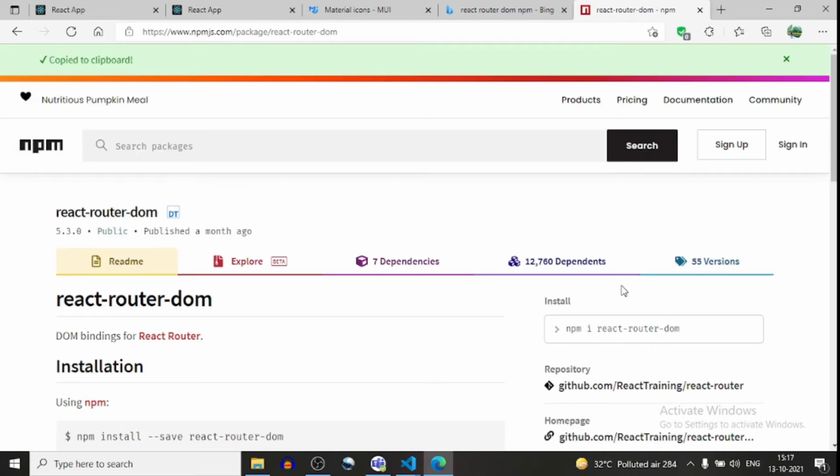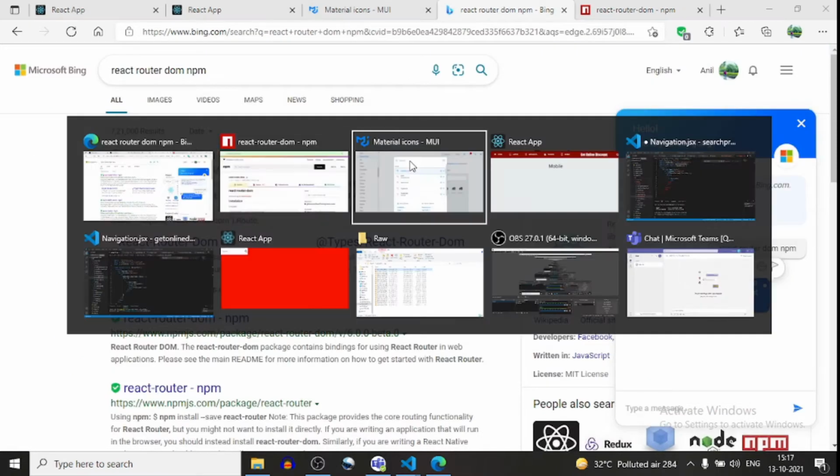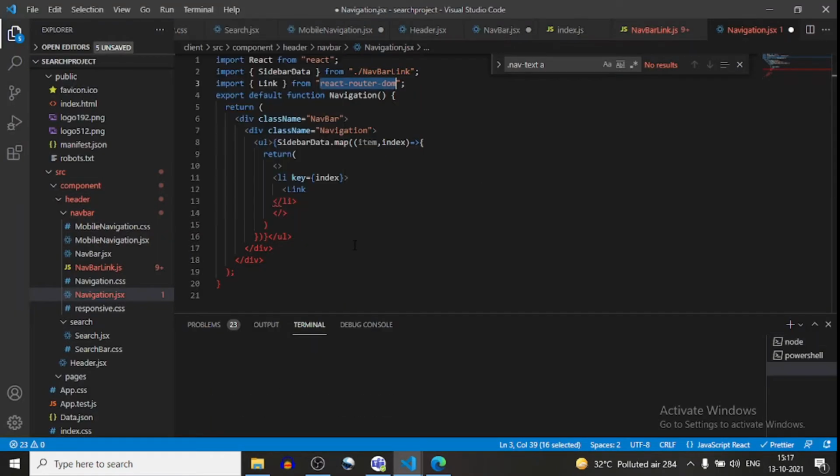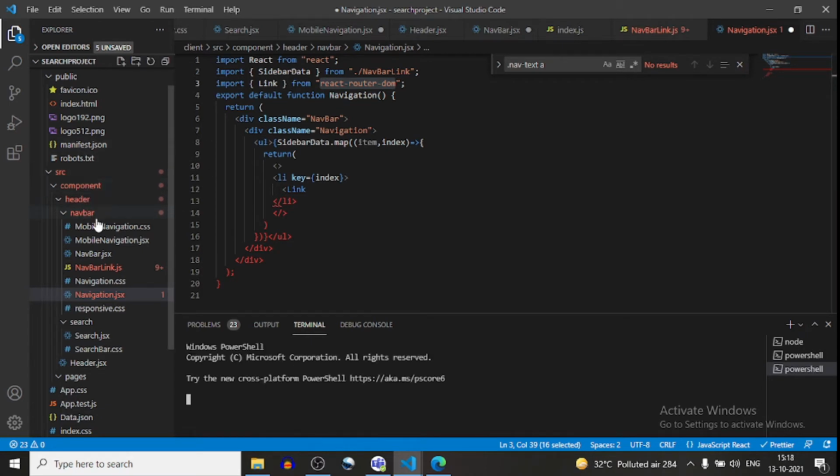Just copy this, go to the terminal, and in a new terminal inside src component, paste it and press enter. But I have already installed React Router DOM, so I will not install it again.